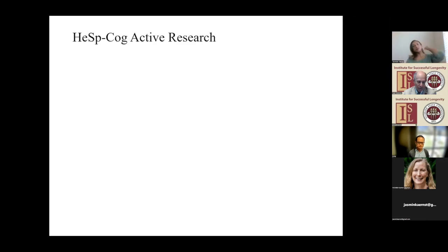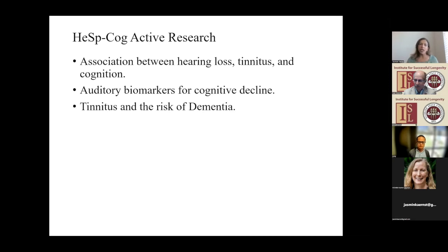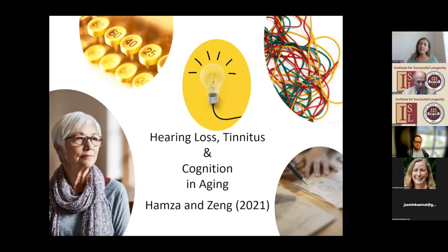So what am I currently running in the lab? We are looking at the association between hearing loss, tinnitus, and cognition. And this is the talk I will be presenting in a while, a specific study. We are, as I mentioned, in the process of developing auditory biomarkers for cognitive decline in terms of electrophysiology. And we're also actively looking at the risk of dementia that is associated with tinnitus. So today I will be talking about one specific study that looks into hearing loss, tinnitus, and cognition in the